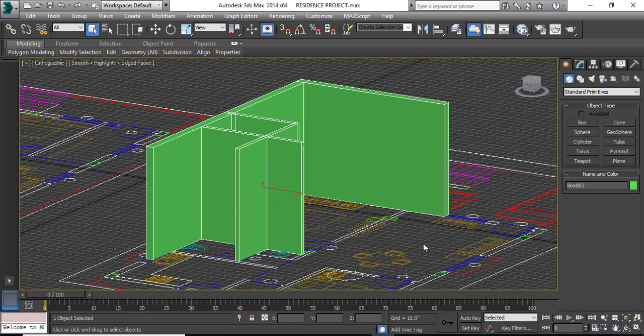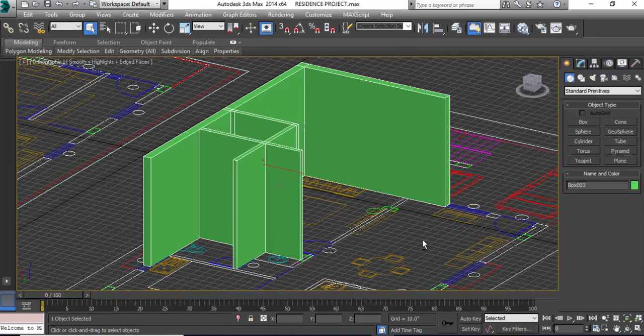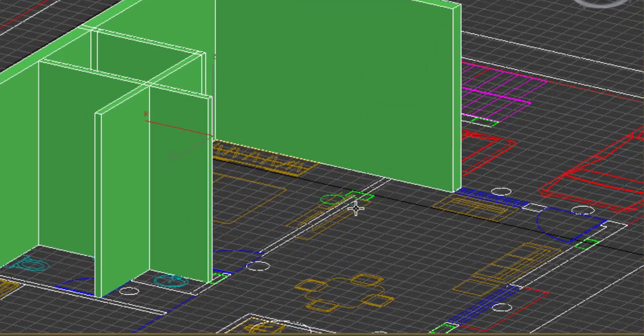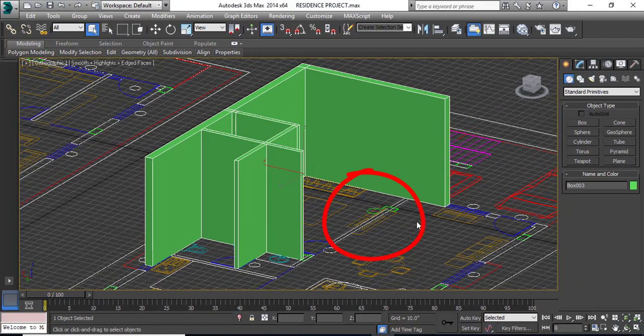And in my last video I told you how to create a wall by using the box command. So what happens if we forget to extrude at this part of the junction? How do we create this inner wall here? This video is all about creating an inner wall by adding edges to the outer wall. This is one method where, if you miss the extrude command, you can create a wall by putting edges to this external wall. We will see how to do that.